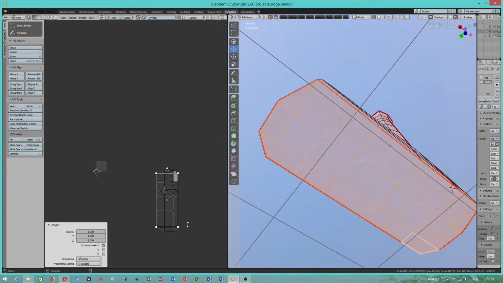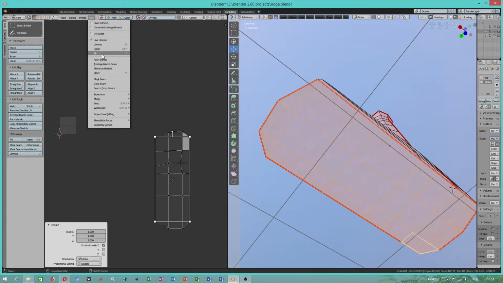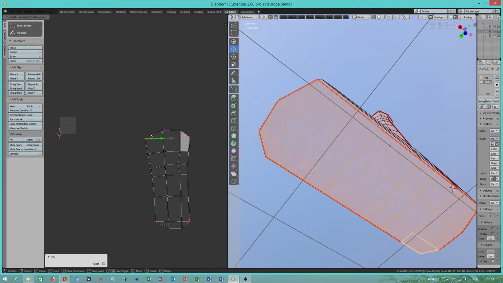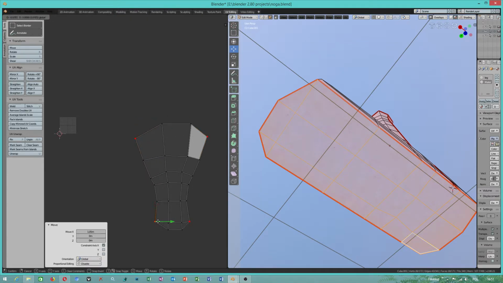Now let's check our live unwrap. I don't like this version. This is because of this. They should fix this. Okay, pin. Let's check our option. Hey, come on, why are you not going that way? Why did this stop here? Oh, Blender cannot go further. Maybe because